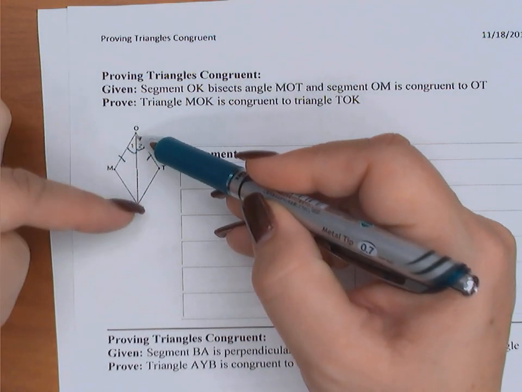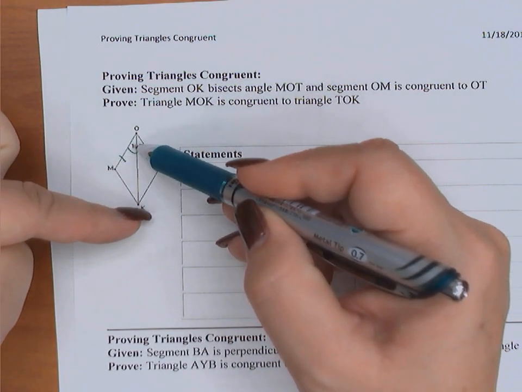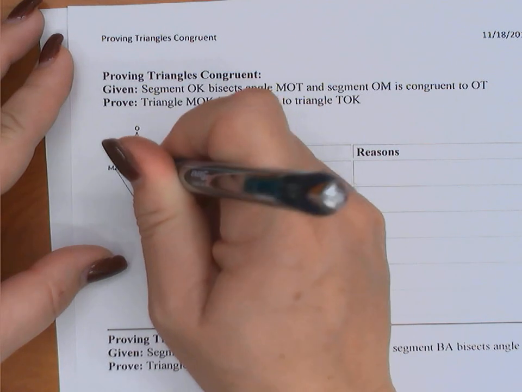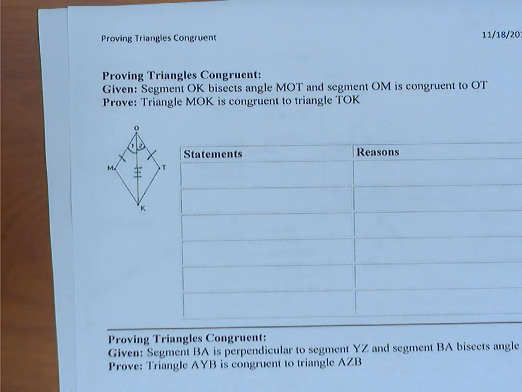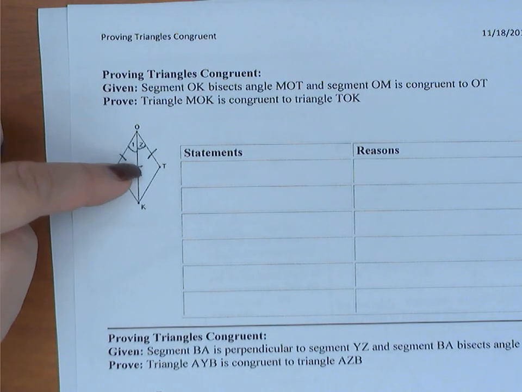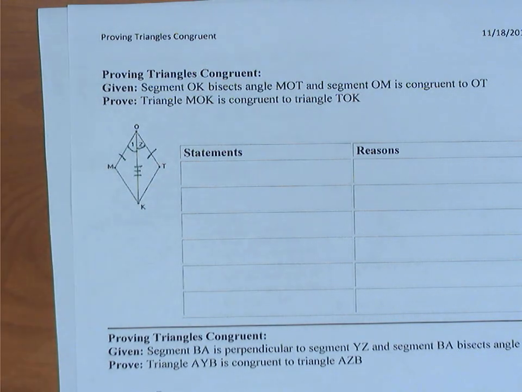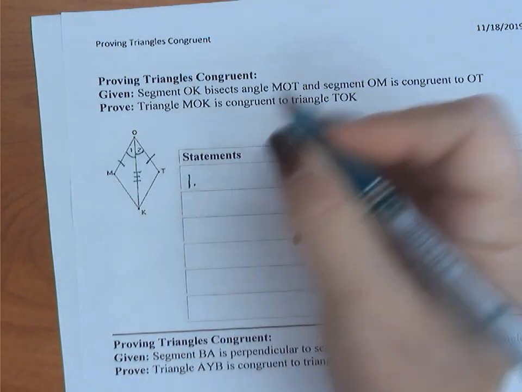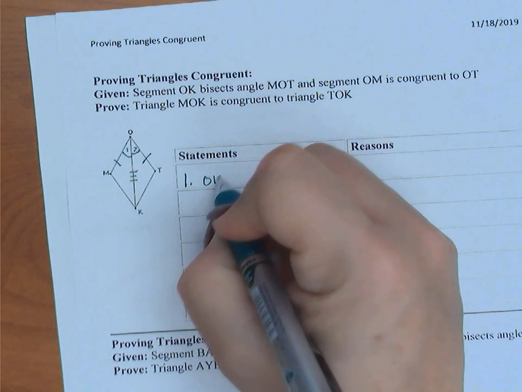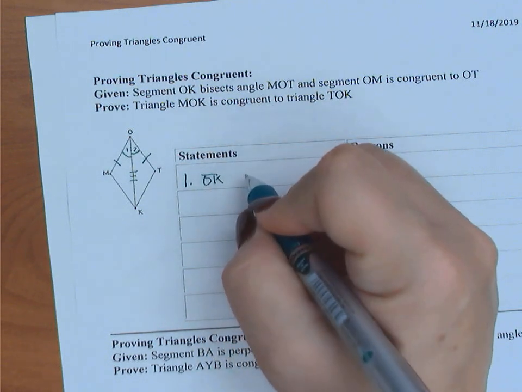Well, notice that this side is in both triangles, and this would be the included angle if I got this side. So this side right here is the other one I'm going to use. So I'm going to use those pieces of information. Then I'm going to have side, angle, side to prove that these two triangles are congruent. So the first step is always our given, right? Step 1, segment OK bisects